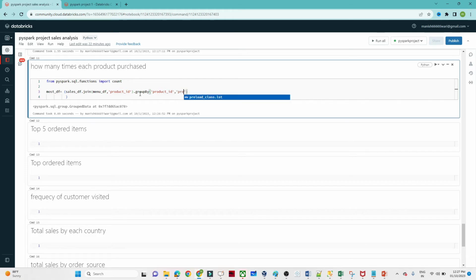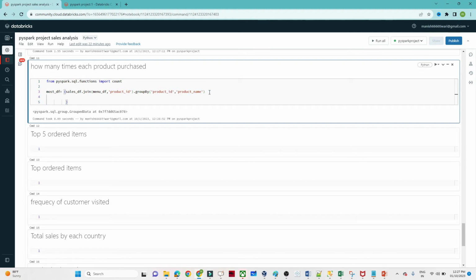Okay, product name. Okay, now after that we are going to use a count function. So what we will write is dot count. What are we actually counting? This count will come under the aggregate only, so first dot agg count. Under this count you have to write that we are going to count based on the product ID, and we are giving this name using dot alias